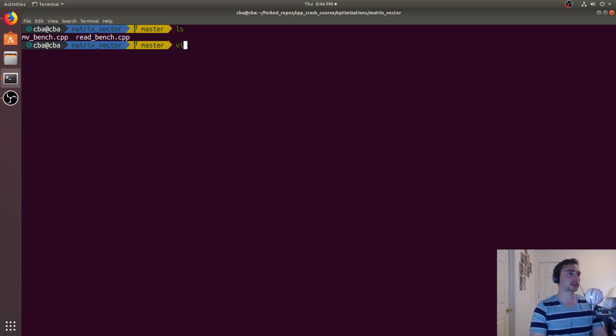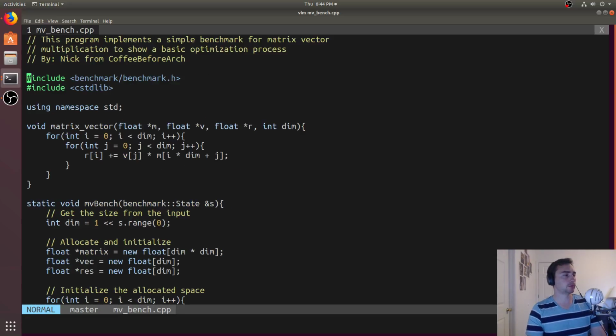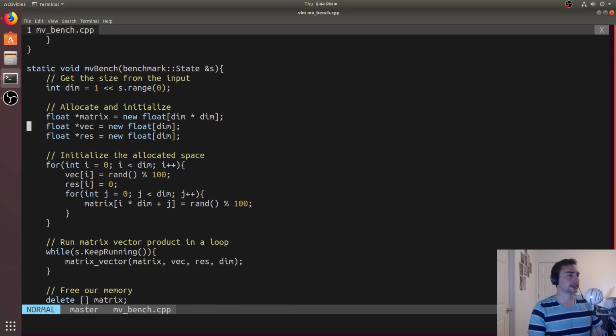So let's go ahead and take a look at the code, which is just in this mvbench.cpp. So we go up here, and our matrix vector code is extraordinarily simple because a naive version of this is going to be very simple. All it does is it goes over every single row in a matrix, multiplies that matrix by the same vector, right? Multiplies each element, and then sums all of those products together, and then stores it in this result over here. Right? Very simple. And so all we'll do here is we'll allocate some space, and then what we're actually